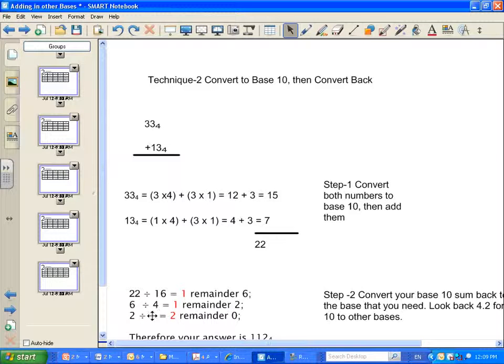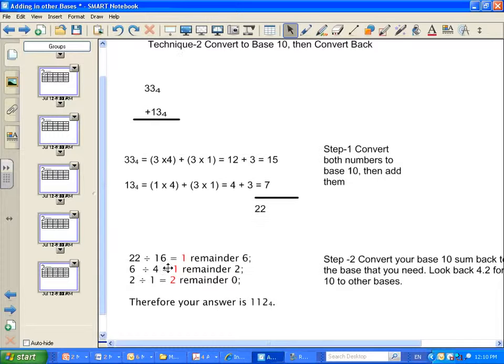Then 2 divided by 1. Remember, we're getting lazy and saying I don't want to put down 4 to the 0, because 4 to the 0 actually equals 1, just like 4 to the first actually equals 4, and 4 to the second actually equals 16. So I'm taking the actual numbers once you evaluate the exponent. And so the quotients, the numbers in red, guess what? 1, 1, 2, base 4.